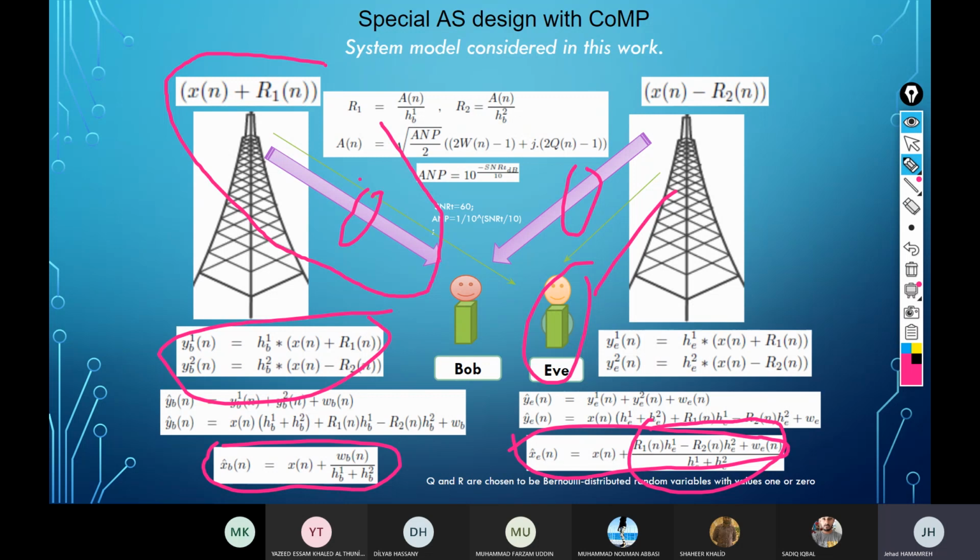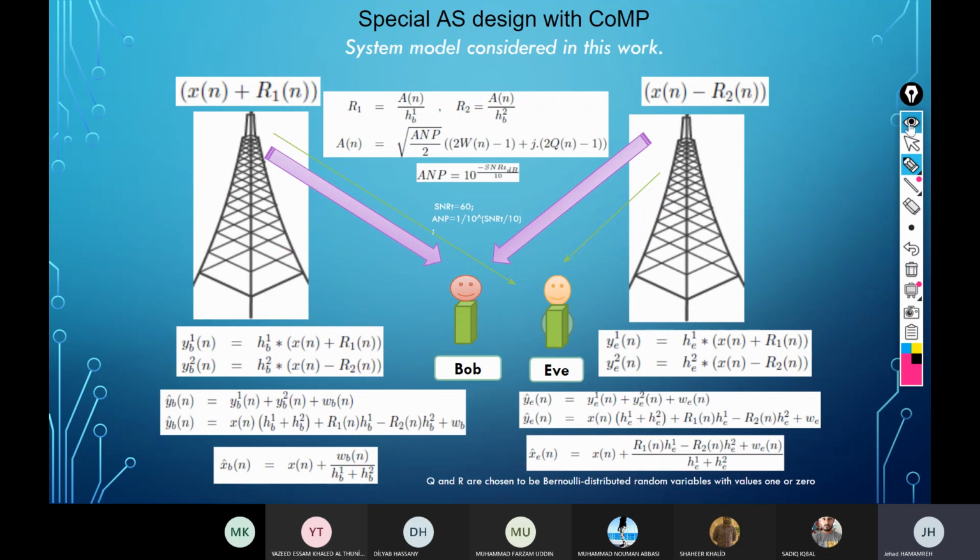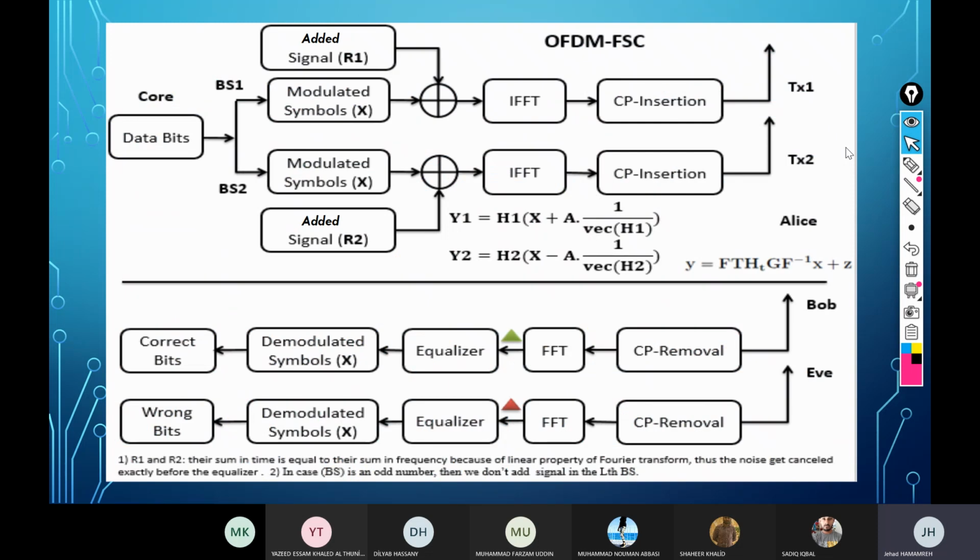This shows you the math and the visualization of the system model, but how do you implement this in an OFDM system? For this, I need you to look at this figure here. You have the bits coming and you distribute them to two base stations, base station 1 and base station 2. You send them to both base stations, and then after you modulate your signal and get the complex numbers,